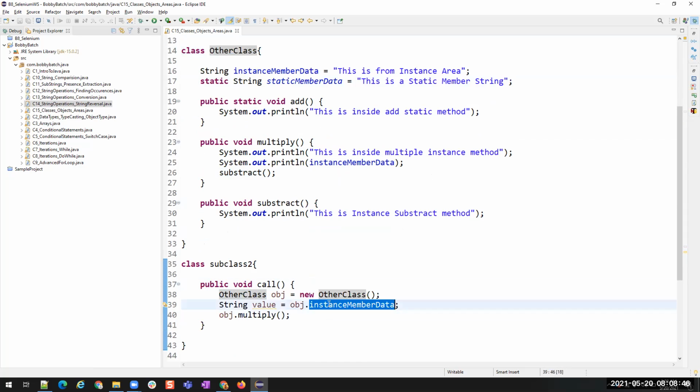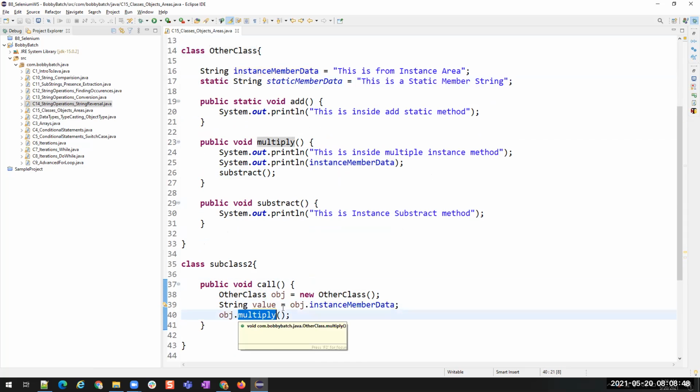We cannot directly use instance member data or multiply, because this class should understand from where they should come. So that is why we have to create an object. This is instance to instance.